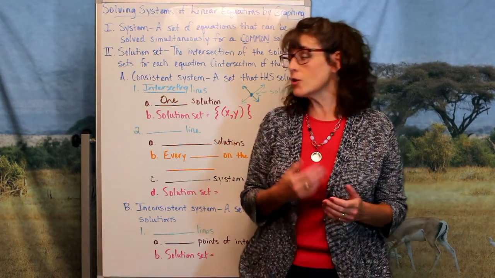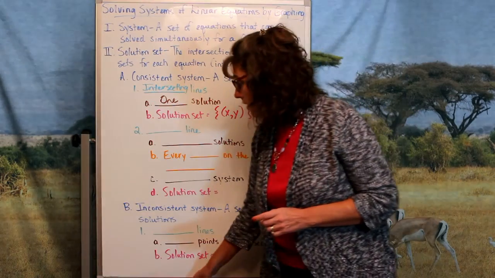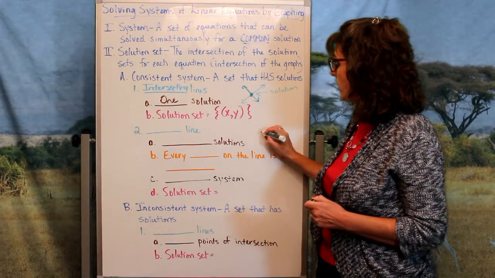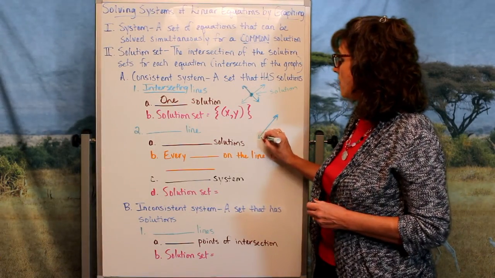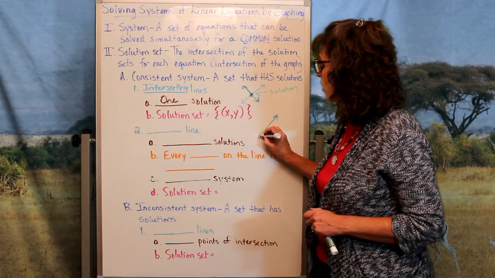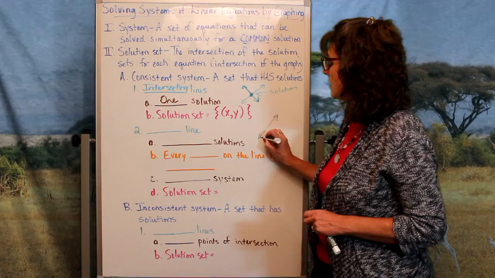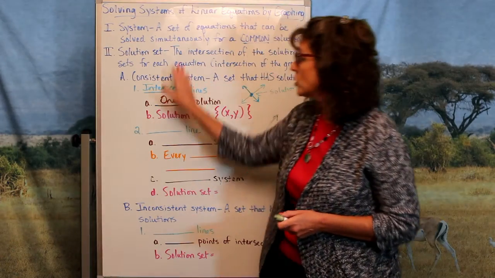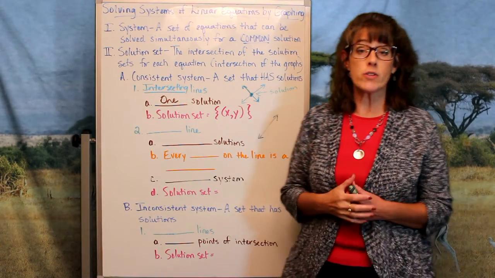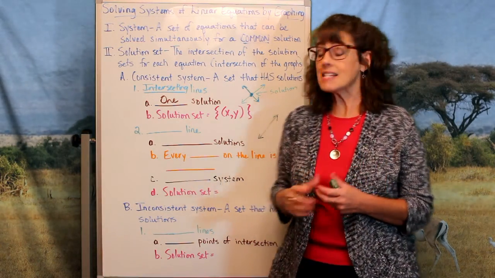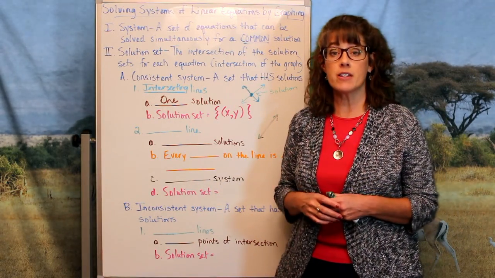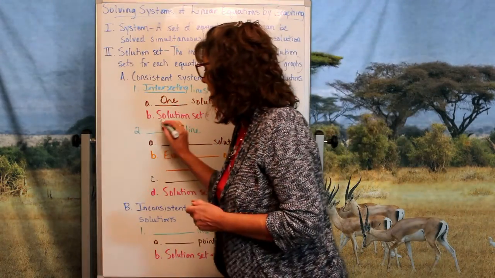Now, let's consider another situation. What if, and remember, this is a set that has solutions, we graph one line here, and then when we graph the second line, what if the second line sits right on top of it? Remember, my solution set is going to be the intersection of the graphs. So in this type of picture, where's the intersection of the graphs? Yes, every single point on that line is an intersection. So what we have is the same line, first off,